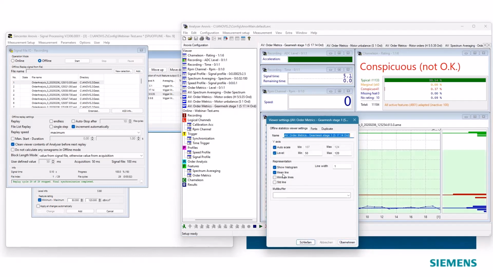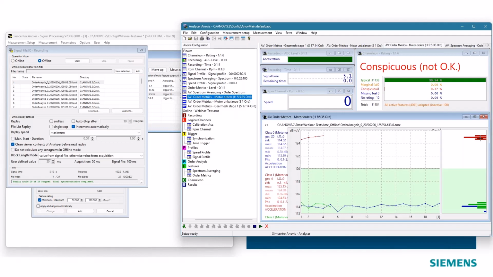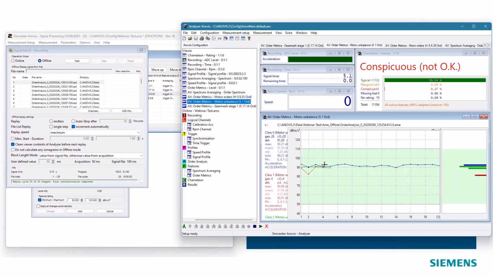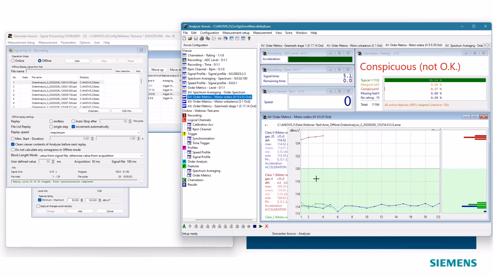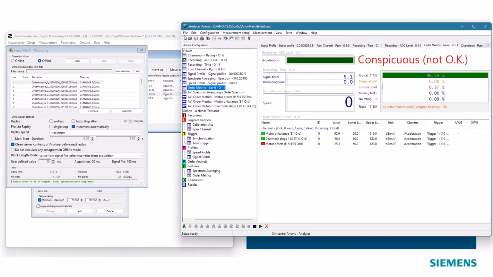Here, this is the gear mesh metric. Only the files with gear mesh issue are outside of the limits. Then we have the motor orders here, the same for the files with the motor problem, and the unbalance is no problem at all files. So now we see that we have a new metric which is reliable, where we have a big difference between good and bad, where we can clearly set a limit. And if you do an online calculation, now we can use this new metric online.